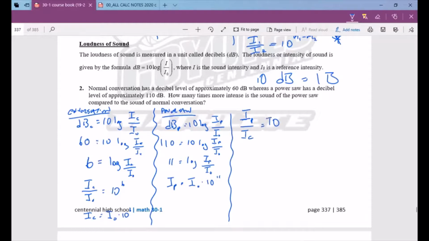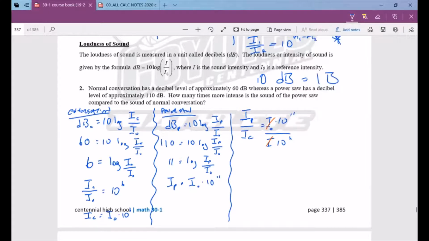And if we divide I naught 10 to the 11 by I naught 10 to the 6, then of course this factor of I naught divides out,